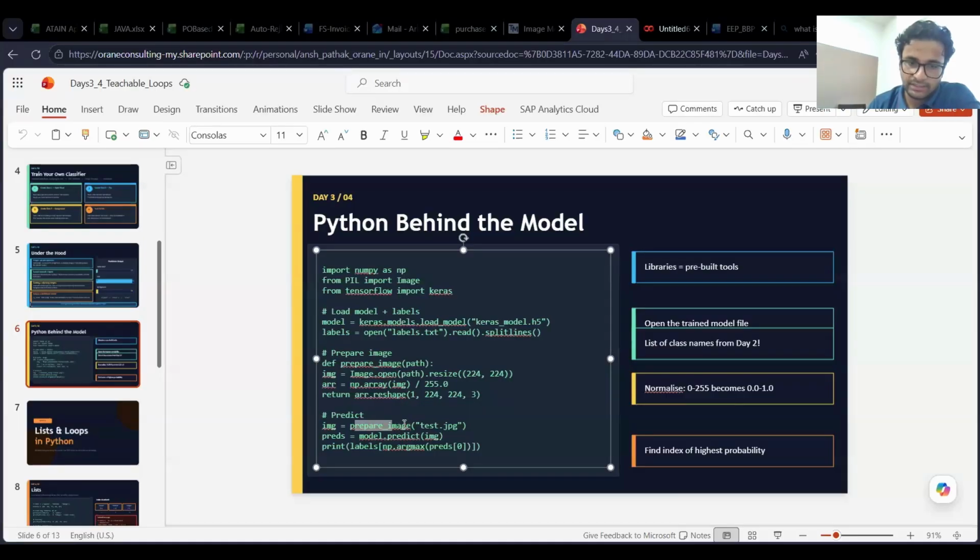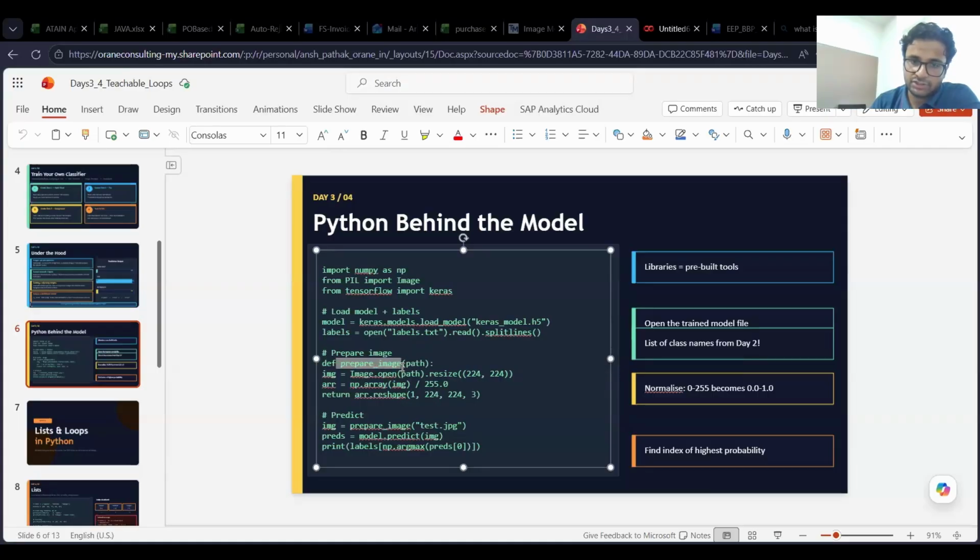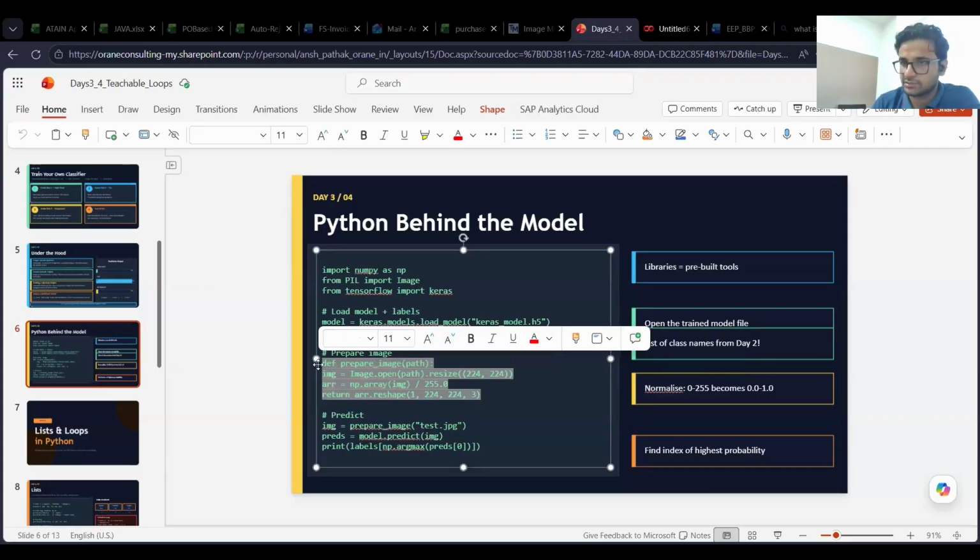What this means is that this function is expecting a specific path. This is called an attribute. Each individual function contains an attribute, so we need to provide that attribute as per our requirements. Unless I call prepare image within my code, this section of the code is useless.